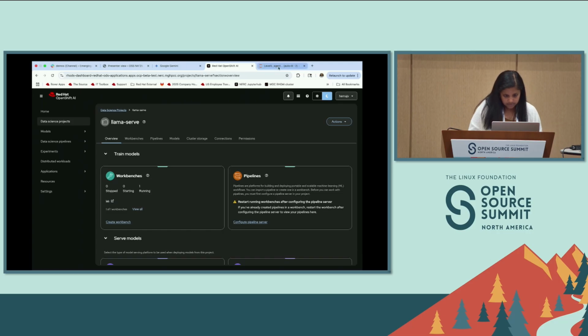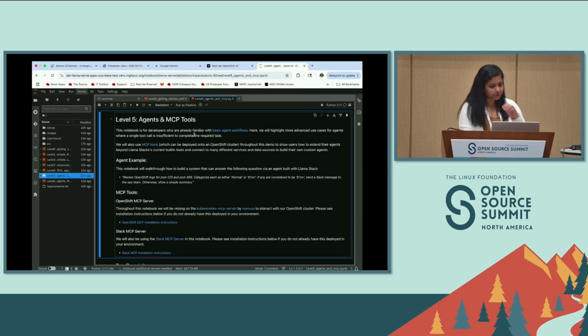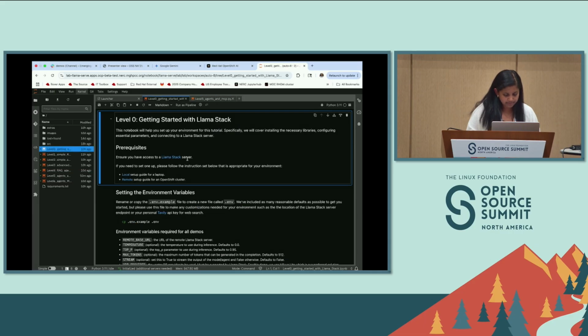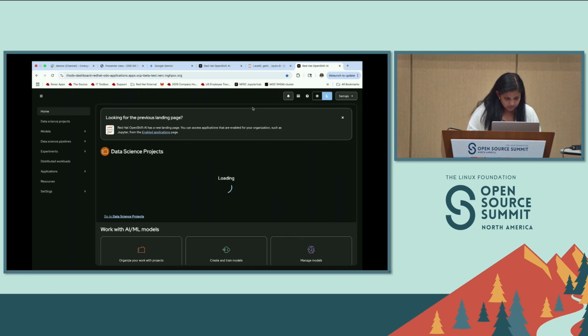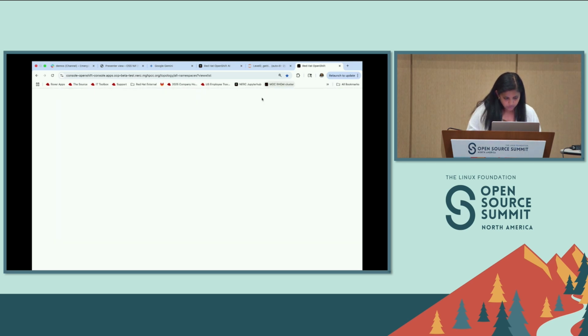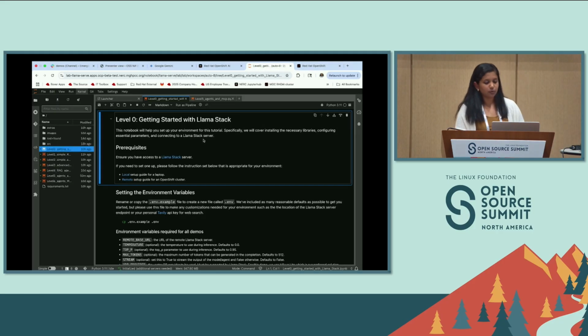All right. So I'm going to show you a Jupyter notebook that explains how we will be using the LlamaStack framework, but I will also open up this cluster. It's going to take a while. But while it does that, Jupyter notebooks are interactive code UI applications that data scientists typically use to start